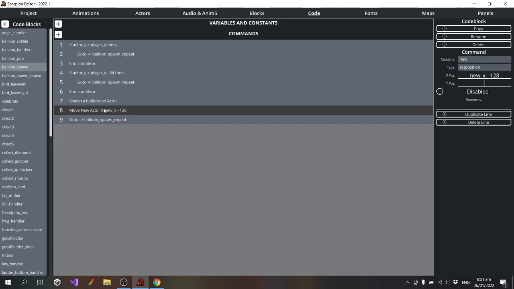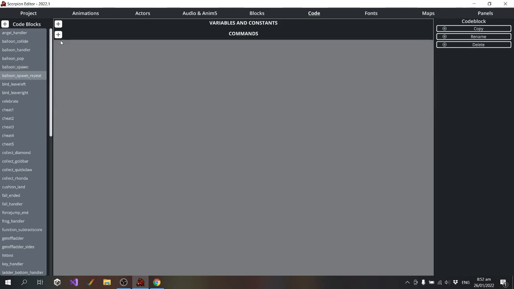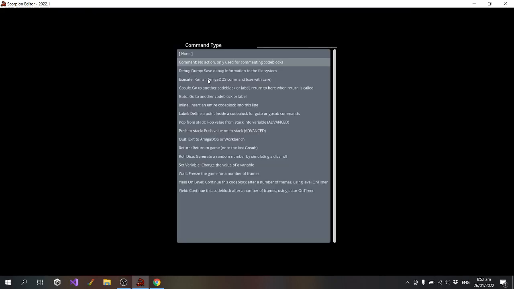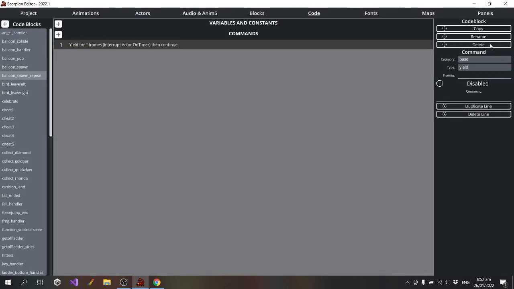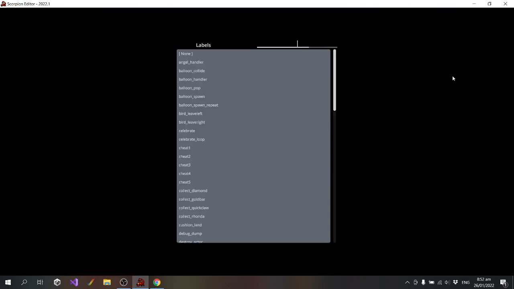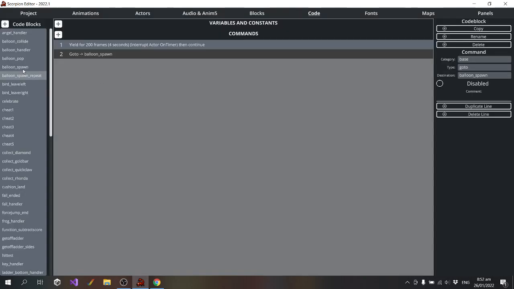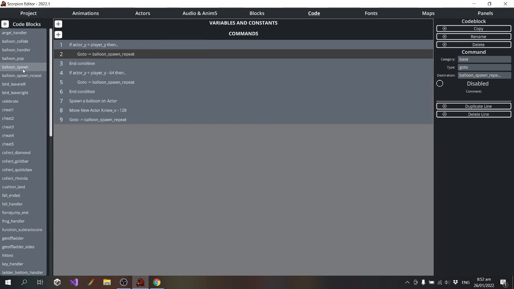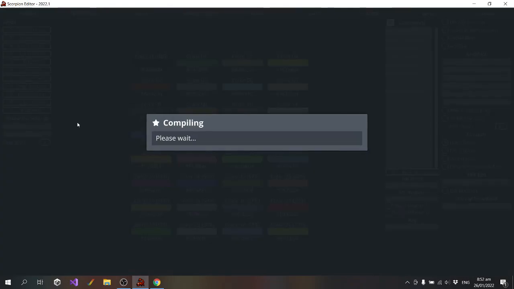Whenever I'm doing an operation on new, it basically means apply this line to the last thing to be spawned. Yeah, we'll just see if this is any better now.